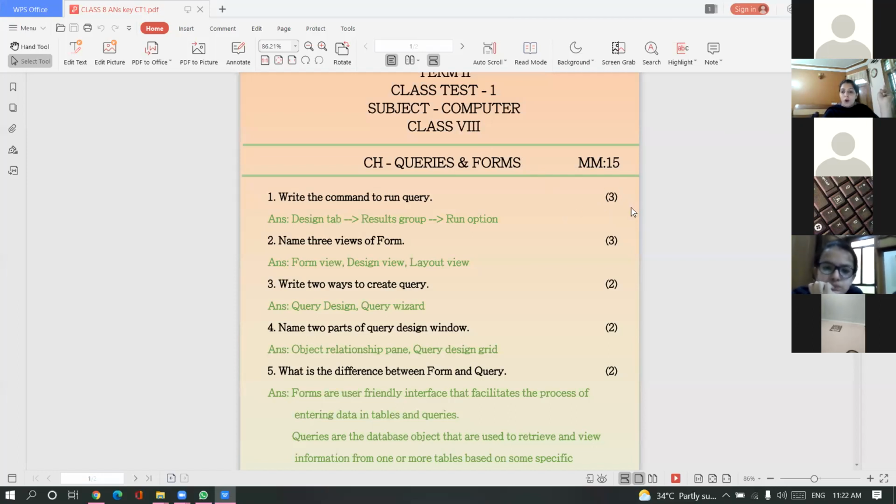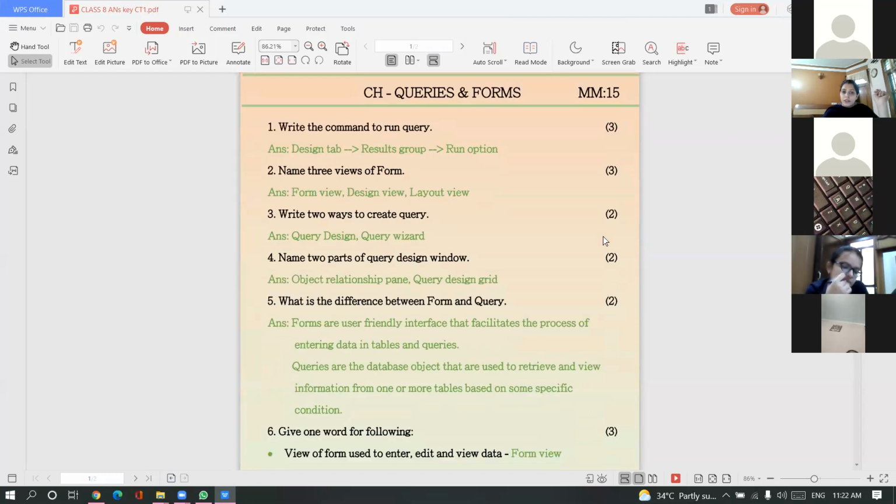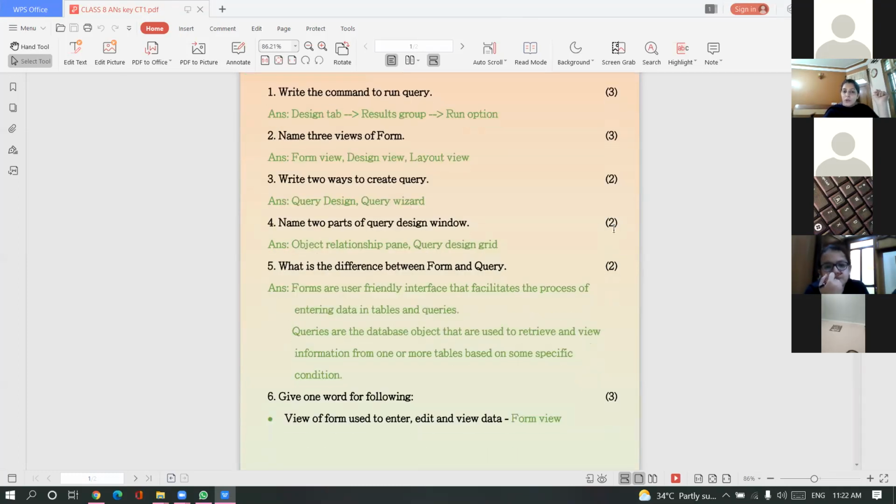3 views of the form: form view, design view, layout view. What are the 2 ways to create a query? Query design and query wizard. The 2 parts of the query design window are the object relationship pane and the query design grid.